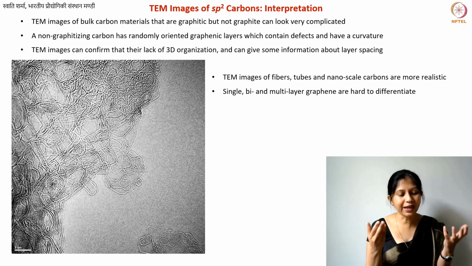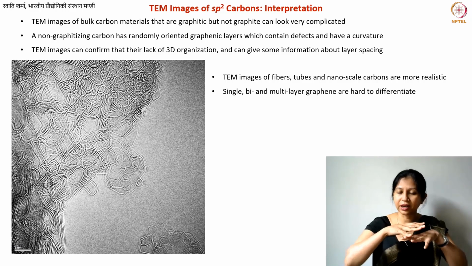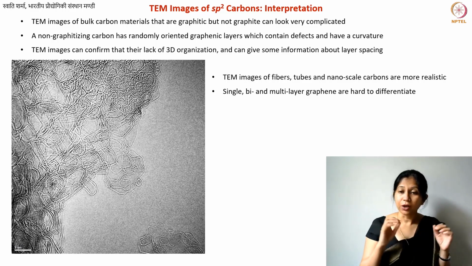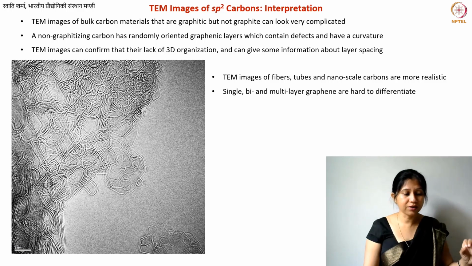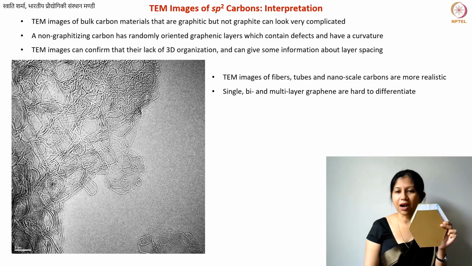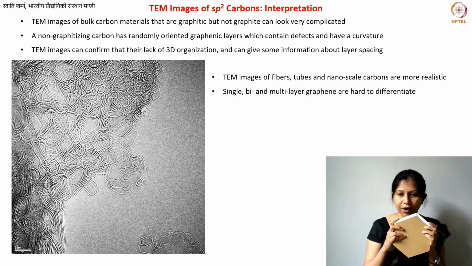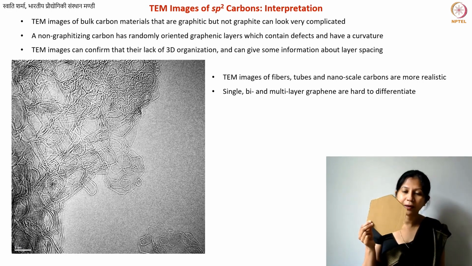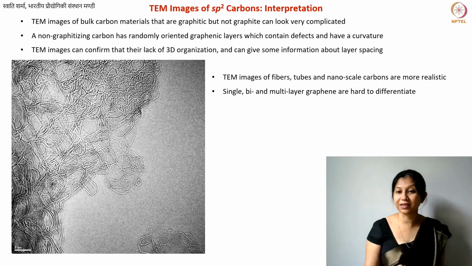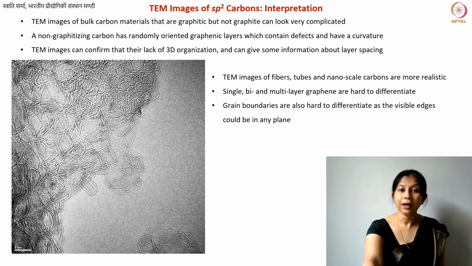So if you have any minor disorder or turbostratic arrangement within your sheets, you should definitely make sure that you have some other characterization technique that gives you more information about this kind of arrangement, because in the TEM images it is hard. You're looking at this, it's hard to say what it is. Let's say you have bi-layer graphene but it looks like this, then you might end up thinking that this is single layer, but it is not the case. So this is something you also need to understand.